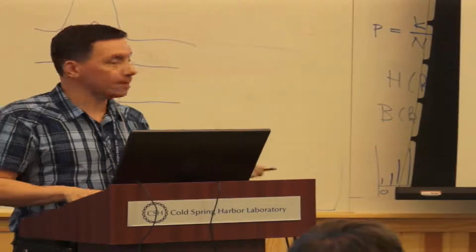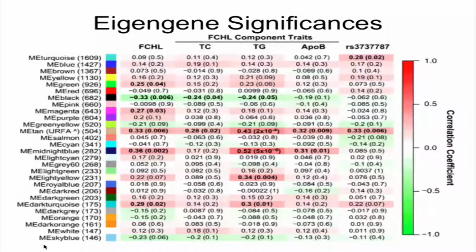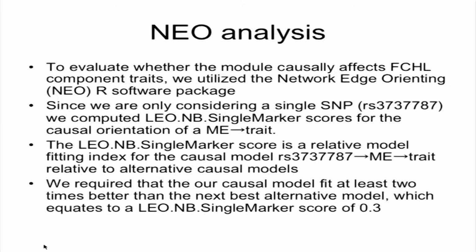And so then they applied this WGCNA analysis. You've seen this plot before, and they found this TAN module, very related to the SNP. But now this module was enriched with relevant gene ontology categories, no surprise here. But now let's describe this network edge orienting analysis. So look, we could now assess whether this SNP causally affects the module eigengene, which then in turn may give rise to dyslipidemia. And when we did it, we found